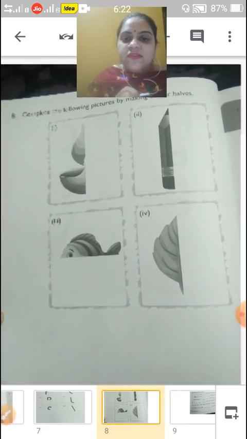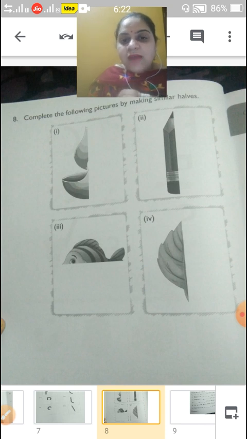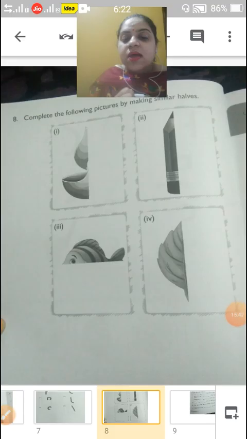In this, complete the following pictures by making similar half. In this, you have to draw a picture. Previously, what did we do? We drew letters. What did we draw, children? We drew letters. But here we have to draw